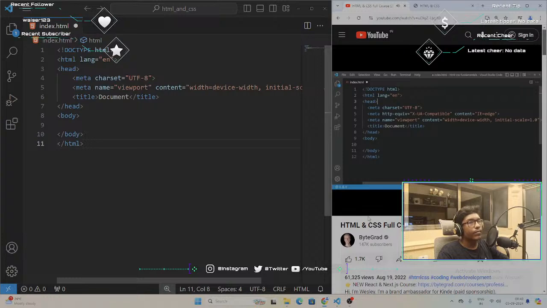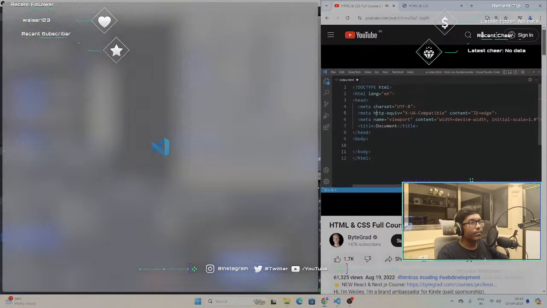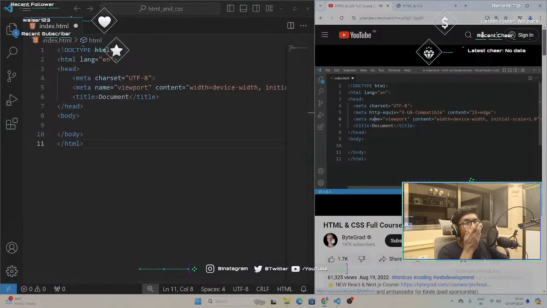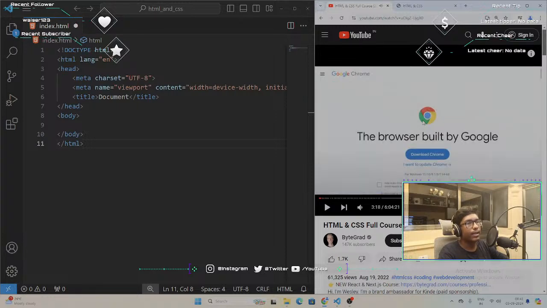Okay. So then in head, we now also have some other weird things. We have meta tags here, and these meta tags are not so important to understand, but basically what it comes down to is this is for the